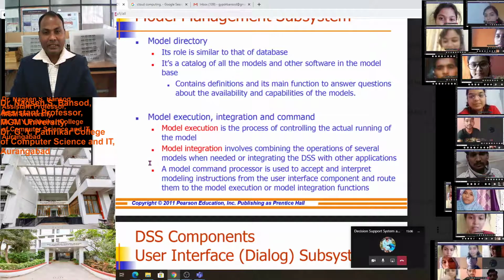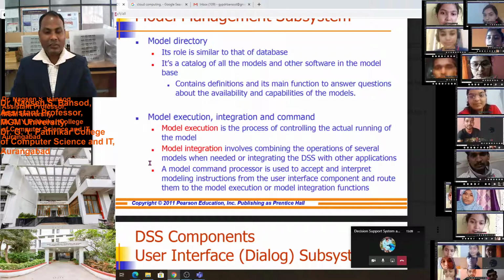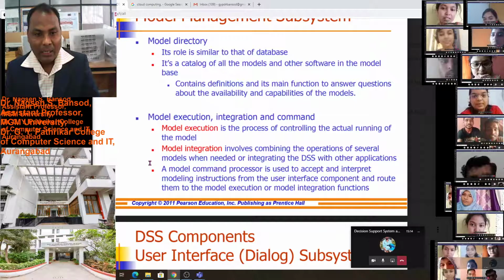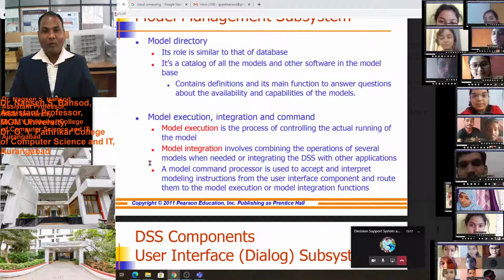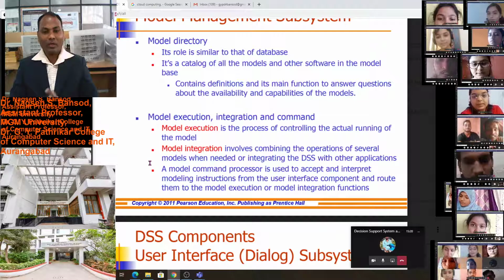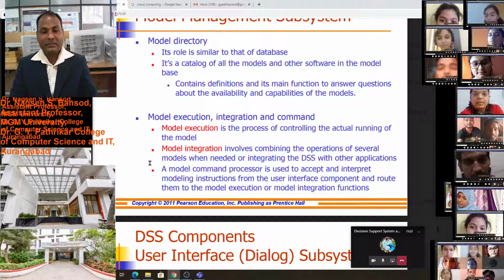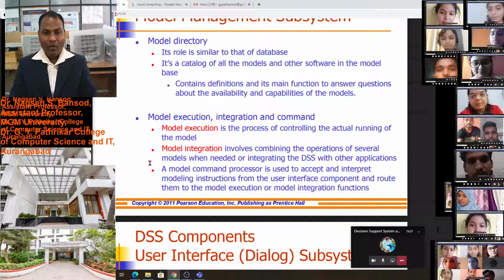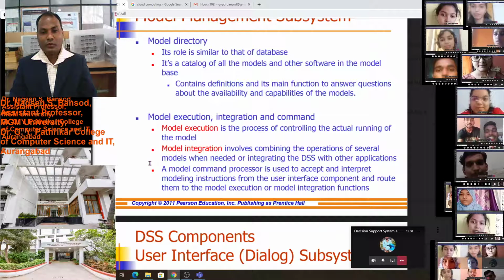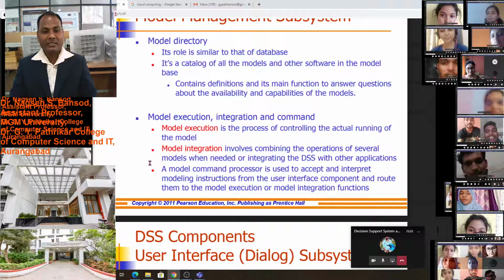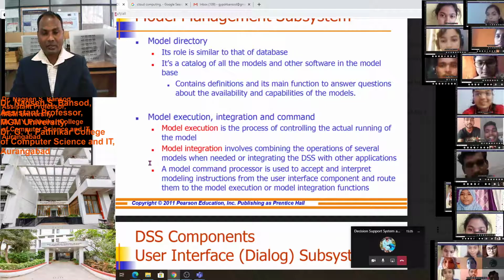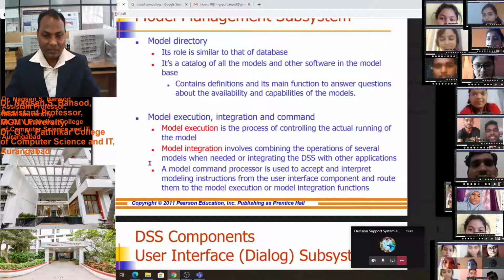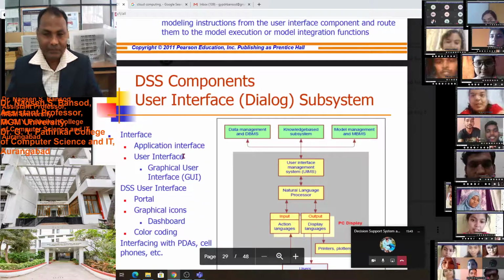Model execution is the process of controlling the actual running of the model, and model integration involves combination of the operations of several models when needed, or integrating the decision support system with other applications. The model command process is used to accept and interpret modeling instructions from the user interface component and route them to the model execution or model integration functions. All these we studied in the previous lecture.